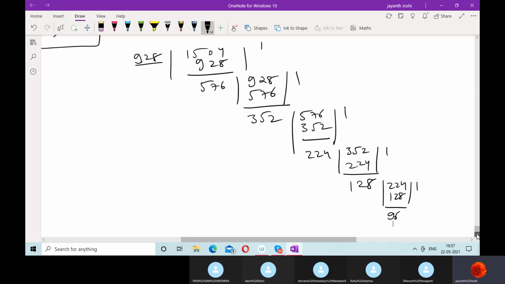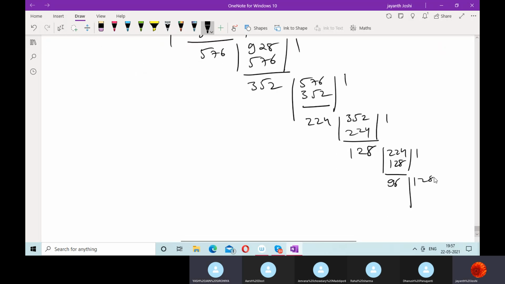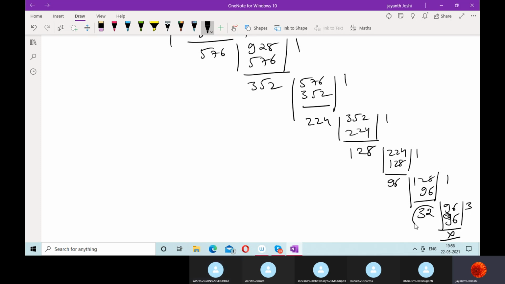Again you need to take the divisor once. What's the remainder? 32. Again the divisor 2, 3, remainder 0. So what's the divisor? What's the HCF? 32. But before confirming this as HCF, you should again divide this with 2016 and check whether it's